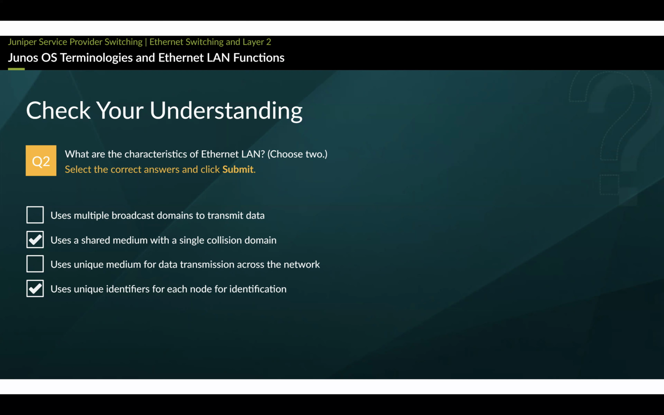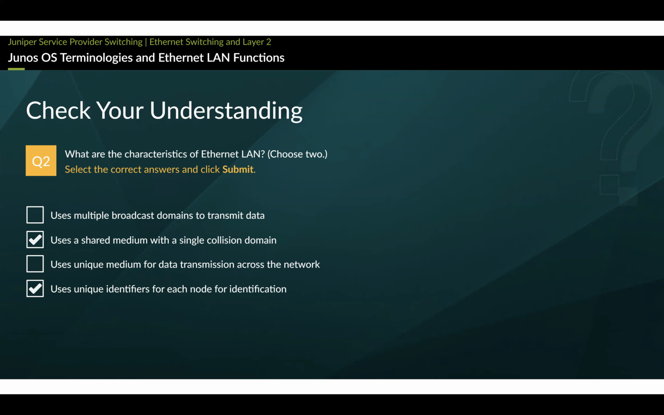So second question is, what are the characteristics of Ethernet LAN? So Ethernet LAN, basically we share the medium. Basically, we connect multiple devices with a switch. Okay, because a router has port limitation, we are just expanding the port capacity using the switch. So it uses a shared medium with a single collision domain, and another